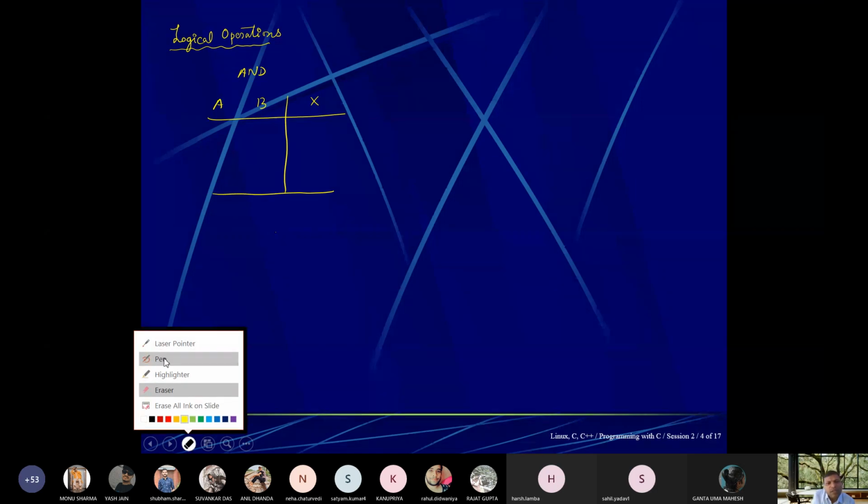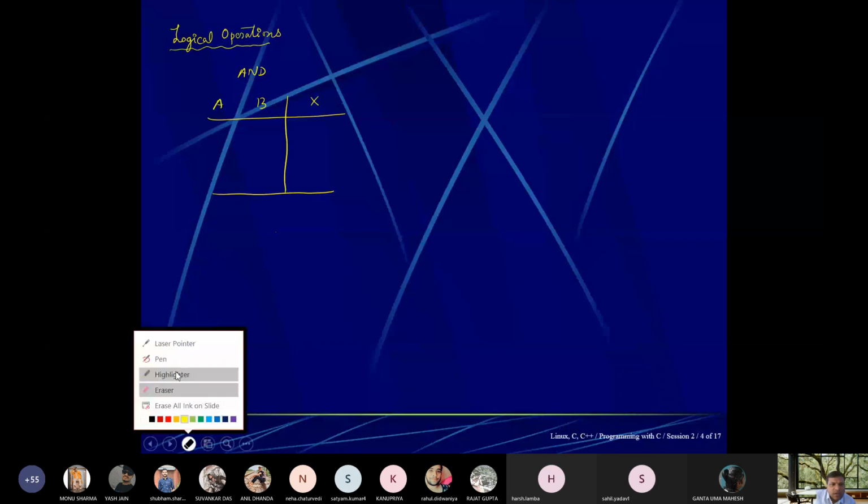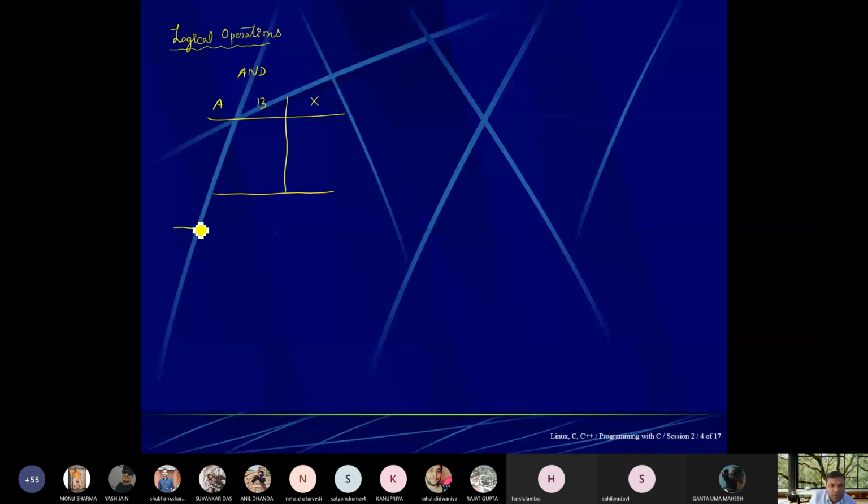Just think about it. When you are using a battery, suppose this is our battery. One more battery I need to put. So this is your battery and one switch is given here, another switch is given here. This is switch A, this is switch B, and then a bulb will be given to you.